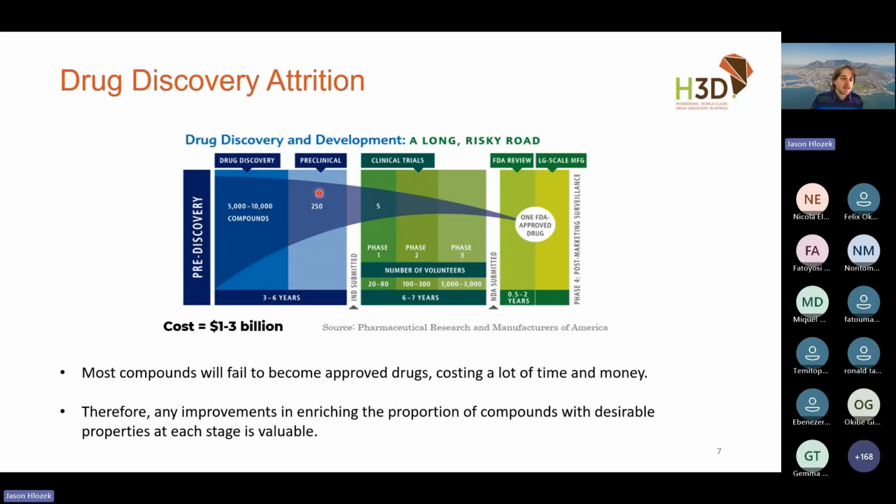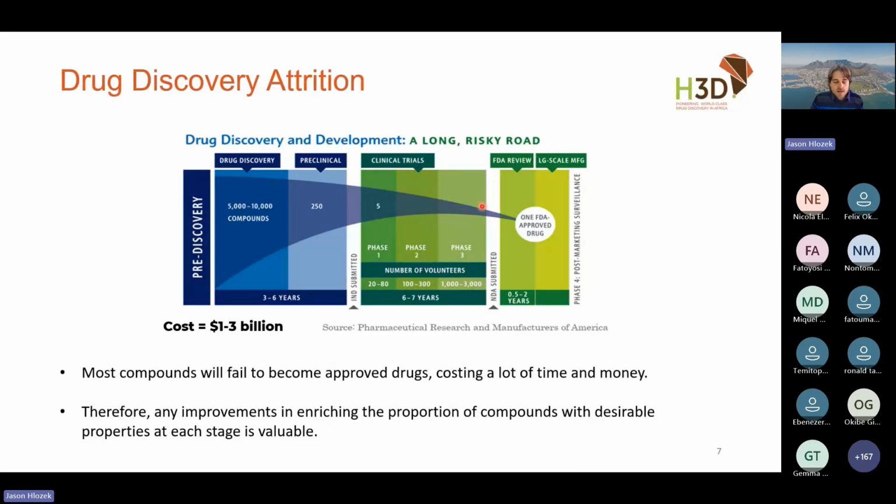And you can see this huge drop off in the number of compounds that make it through. And here you're looking at animal studies, looking for tox flags, making sure that the medicine is really safe before you actually put it into human clinical trials. And here the clinical trials are also in phases. Here you'll start with healthy patients in just a few, and here you're really focused on safety in phase 1. And then as you move further through, you're now starting to look for both safety and efficacy.